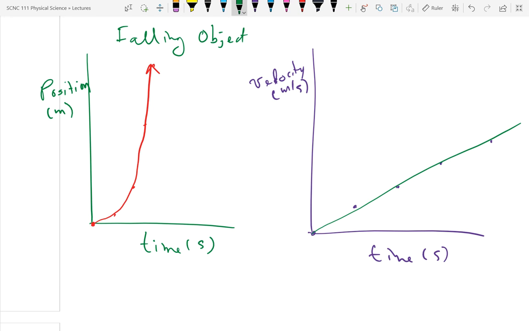So we have a straight line relationship for the velocity versus time when it has a constant acceleration, because velocity is acceleration multiplied by change in time. The slope of this graph is the acceleration, just like the slope of our position versus time. Because if you do the slope,